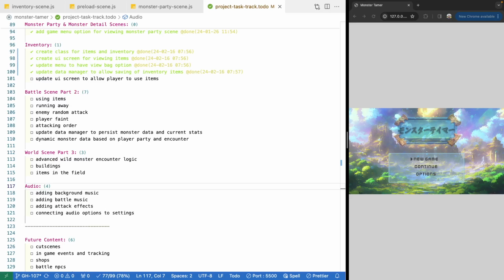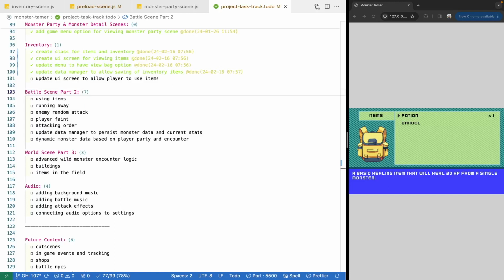So let's get started. Now that we've updated our inventory scene to pull our data from our data manager, we need to update it to allow us to use items. What we need to do is connect our scene to our monster party scene, and after a player selects an item, we would navigate them to that scene and pass that item data along. That way, in the monster party scene, we can validate